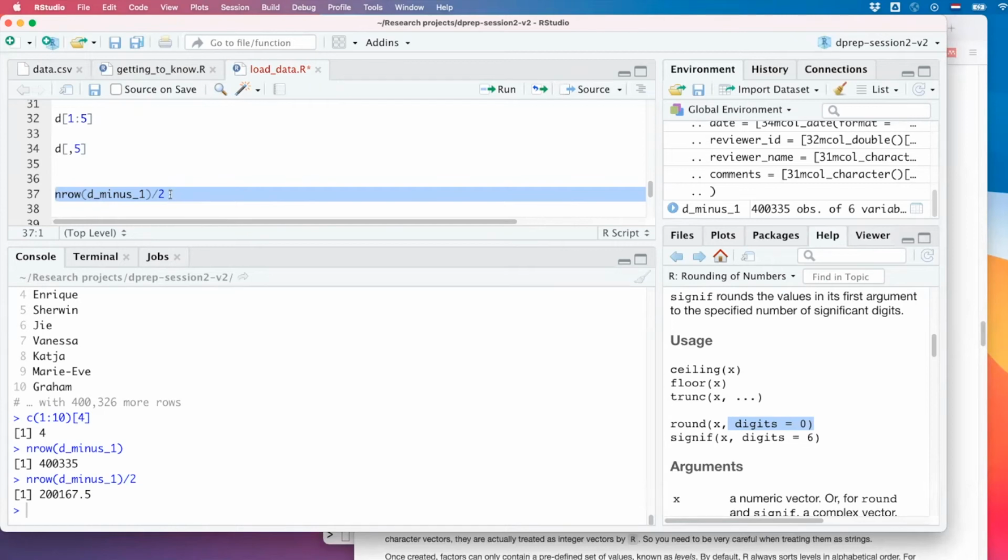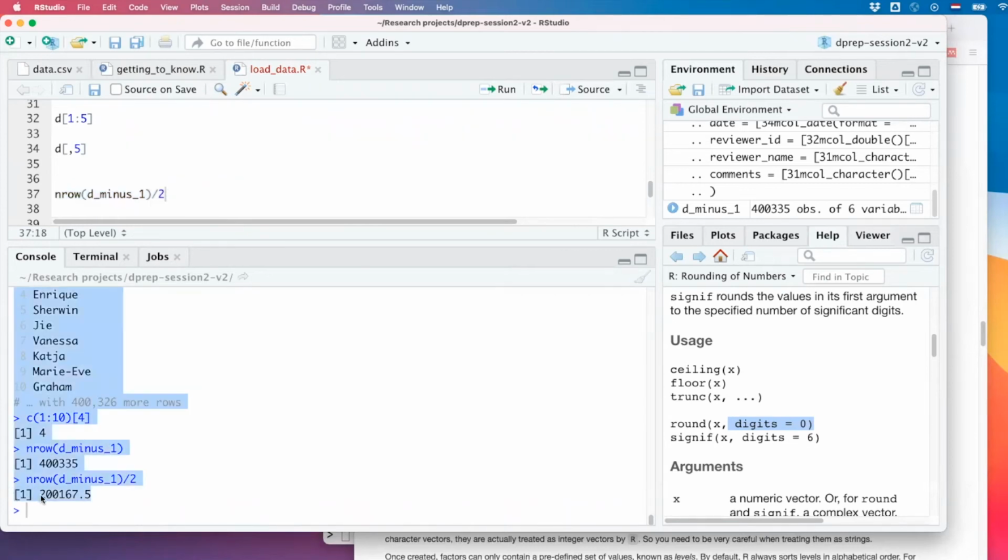Well, there are multiple. This is not a row number, right? If you divide the total number of rows by 2, it's not an integer. And there are multiple ways in which you can get to an integer. You can round down, you can round up, or you can round in whatever is the most appropriate way. That's why you can use anything here.